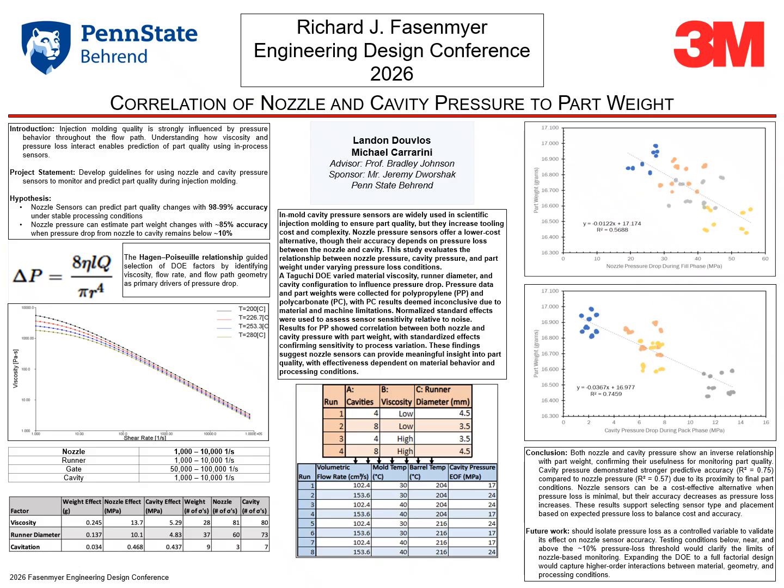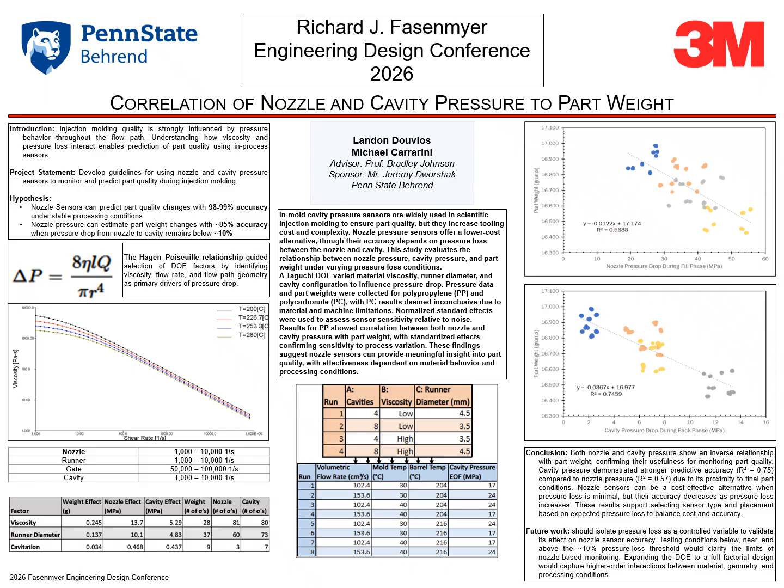Just to briefly summarize what's going on in this graph, we have distinct groupings based on the external factors in the mold that changed the most for part weight, which were runner diameter and material viscosity, and the cavity sensor had a higher R-squared value, which meant that it correlated to part quality, part weight, more efficiently. In conclusion,